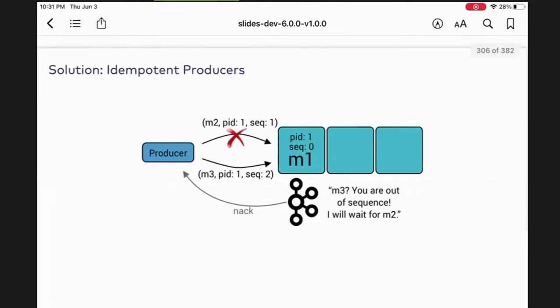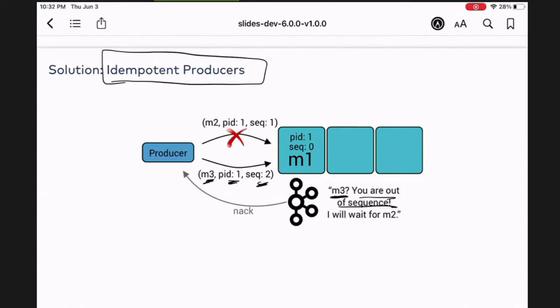Why? Because when you have enable idempotence set to true, which you should always use, remember the producer is given a producer ID and has a sequence number, right? So you send the message with producer ID 1, sequence number 1. And then the next message, message 3, producer ID is 1, sequence number 2. But it says, wait a second, I cannot accept message 3 because it's out of sequence. So it needs to wait for message 2, because you see the producer with producer ID 1 had the sequence number 0. So the PID of 1 needs to now have the sequence number of 1. That's the next higher sequence number. I'm not going to have the 2.